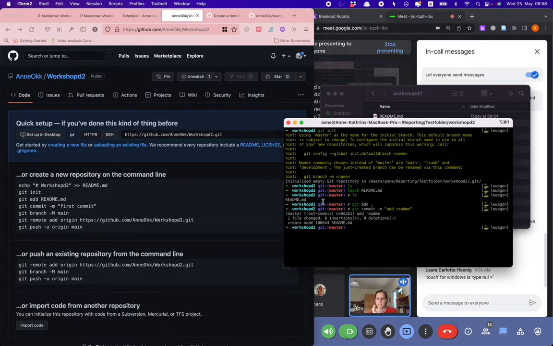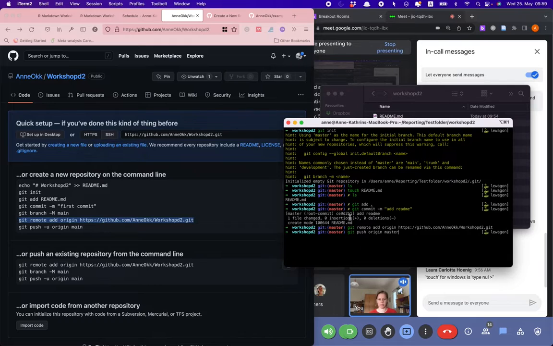And now, still there's no link between this and the remote repository. You're creating that link in the next step. So now you're adding the remote repository on GitHub to your Git. So you're linking Git to GitHub. And this is the step that you do here. So now this Git repository that I've initialized here knows, please link it to my workshop D2 remote repository. And now the very last step